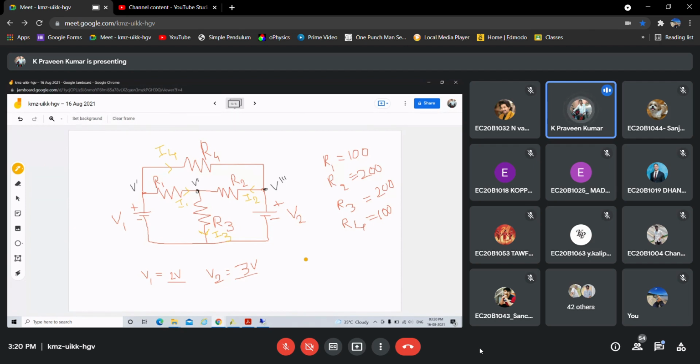Right. So apply both KCL and KVL, then build the circuit in Multisim, then verify the values you got through mathematical analysis against the values from the simulation tool, right? So this is your first basic experiment. Okay.